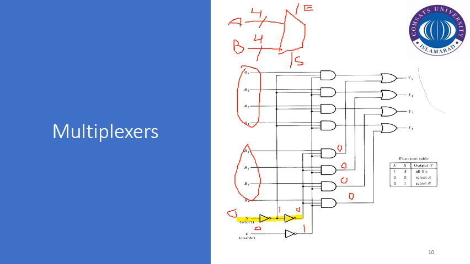Now coming back to our block diagram, we have discussed that we've got two users A and B of 4 bits, and one select line. For S equal to 0, A is selected. For S equal to 1, B is selected. We've got the output line, that is Y, that is also of 4 bits.